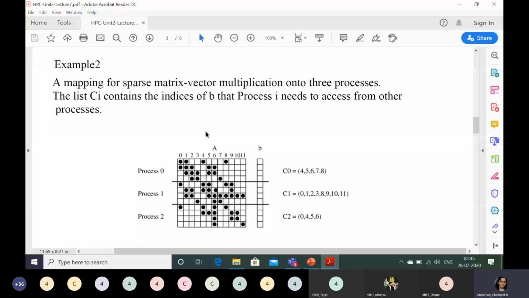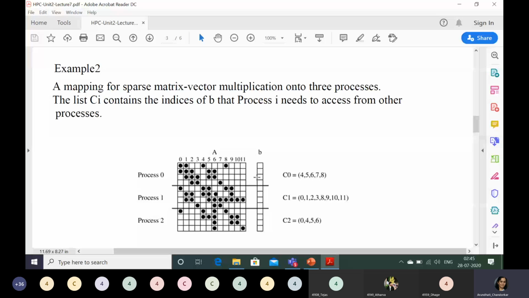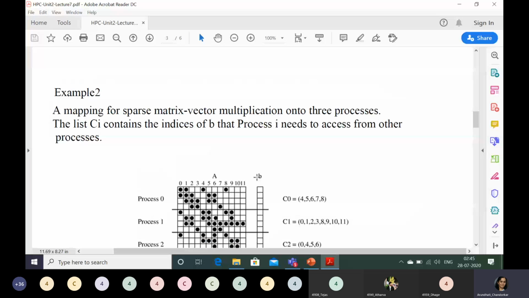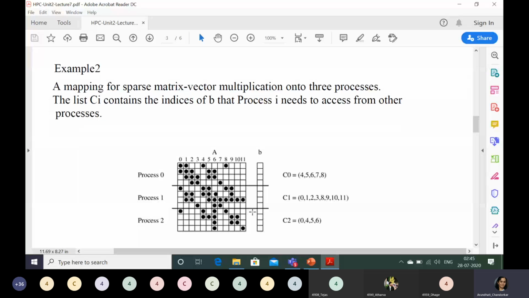So this completes the next category, that is mapping based on task partitioning, again a static mapping. Internally it uses the task dependency graph or task interaction graph. In this we had seen 2 examples. First was finding the minimum in an array using a tree data structure, and second is sparse matrix multiplication using the interaction graph data structure. I hope it is clear.